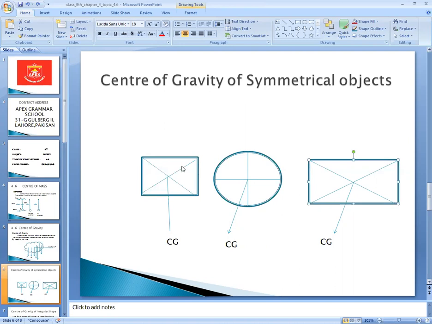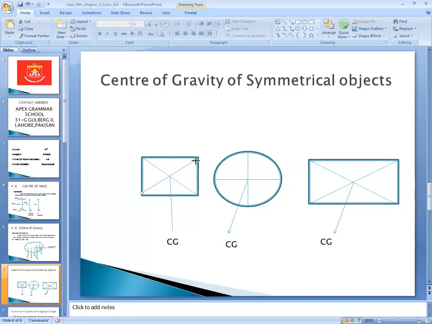So if I consider the center of gravity of the sphere, what will happen? This center point where these two lines are, these are actually called the diagonals. So this is my diagonal. Here, this is the first diagonal, and this is the second diagonal. Where the two diagonals meet,